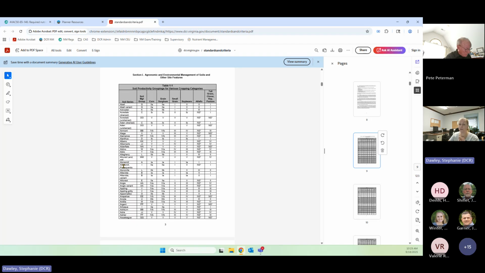There have been some additions to soils as we get better at mapping or just renaming things. So SSURGO, which is what the Web Soil Survey is, does have a few differentiated soil series than we have here, but for the main part, these are all the soil series listed in Virginia,